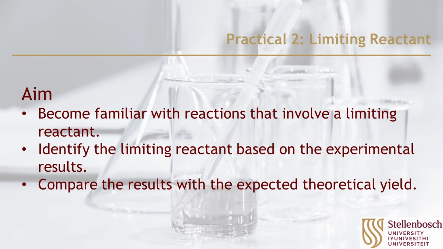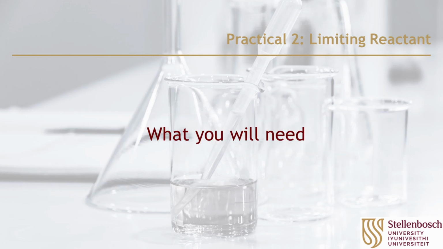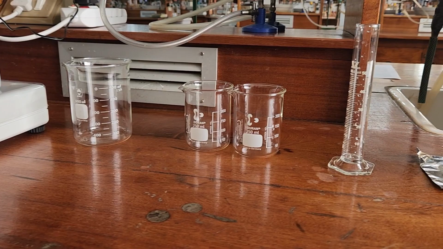The aim of this practical is to become familiar with reactions that involve a limiting reactant, be able to identify the limiting reactant based on the experimental results, and to compare the results with the expected theoretical yield by calculation of the percentage yield. The following apparatus, glassware, and chemicals will be required: a 600 cubic centimeter glass beaker for